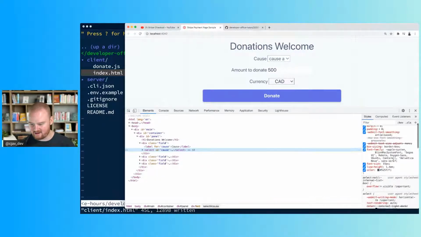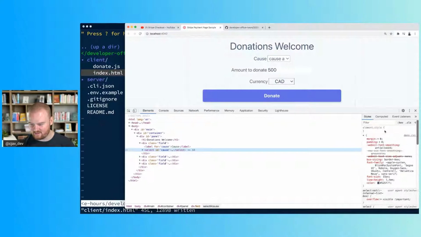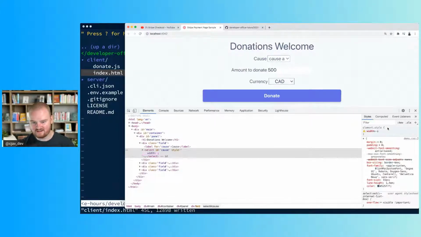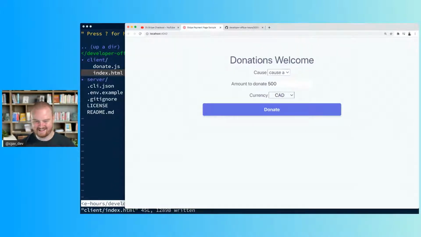And then maybe we want our select to go full width or something. So style, I don't know, like a display block. Does that, no? Width 100%. We don't want either of those. All right, this isn't really about CSS, so I'm just going to leave it at that. It's not horrible. So we can pick a cause, we can pick a currency, and then we have an amount